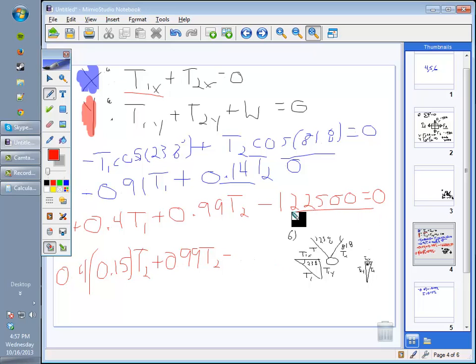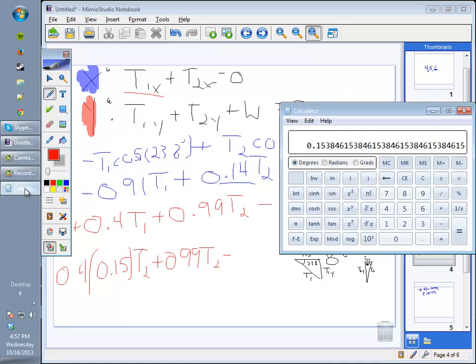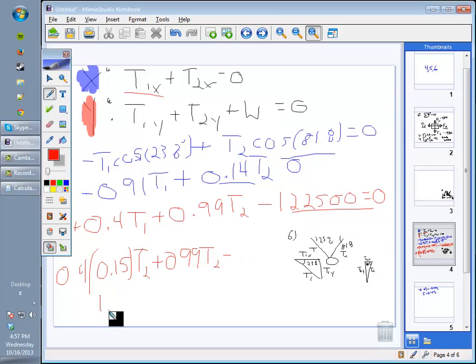Okay, so I take 0.4 times 0.15, which is 0.06. So this is 0.06 T2. I add 0.99 T2, so I get 1.05 T2 is equal to, I'm going to add this over to both sides,